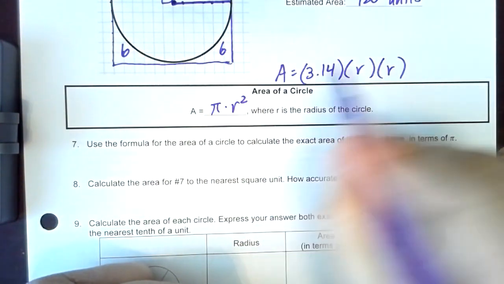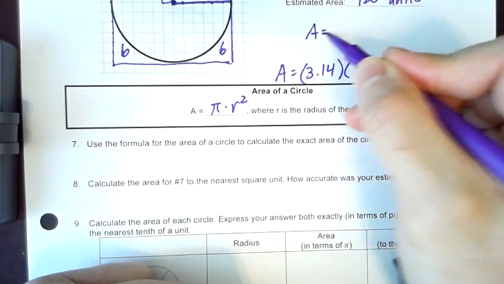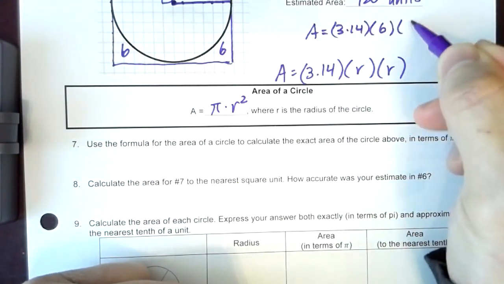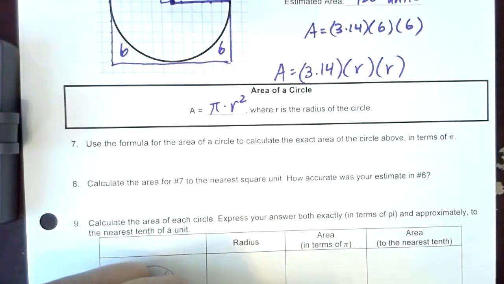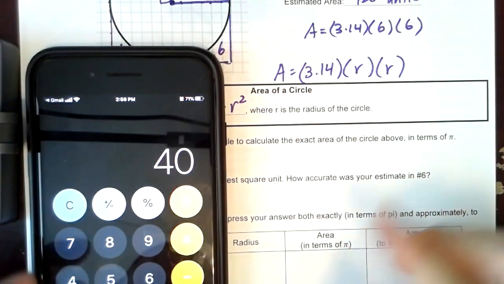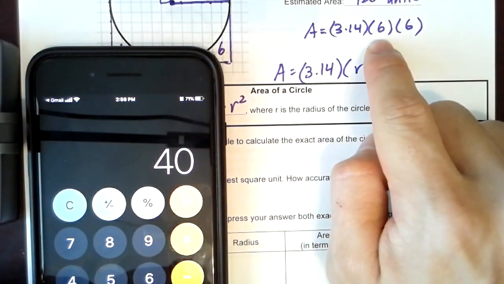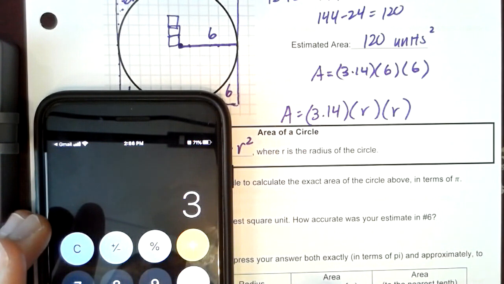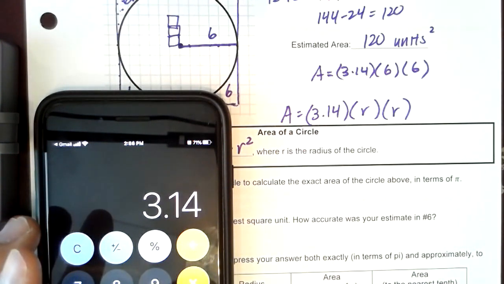So 3.14, according to the formula, times 6 times 6 would give us the area. Now I'm going to use my calculator. Well, 6 times 6, class, we know that's 36. 36 times 3.14 is